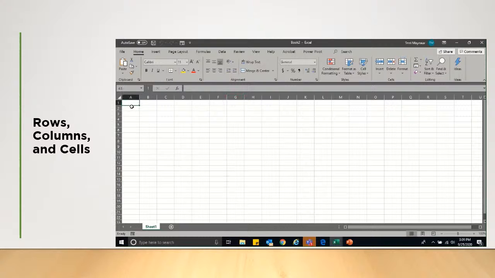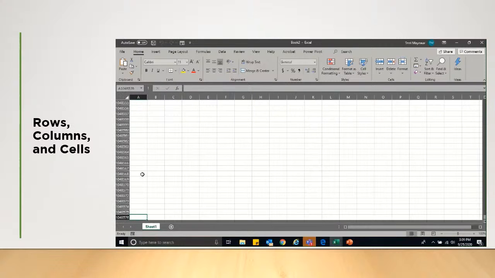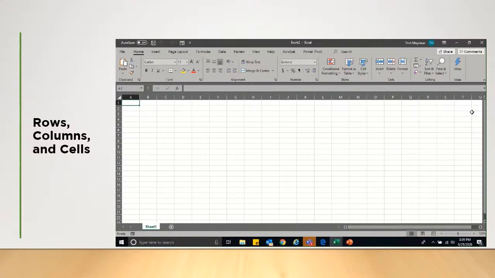Now to find out how many rows we have, because this is just quite amazing, there are over 1,000,000 rows. And if we go out to the far right, we can see that they go clear to XFD. So with the columns, they start with A to Z, and then they go through double A to double Z, and then it starts with triple A and winds up at XFD, which is over 1,000 by quite a ways. But you have a lot of little boxes here to do whatever you need to do to work with your